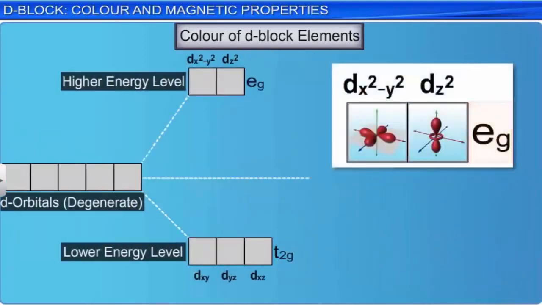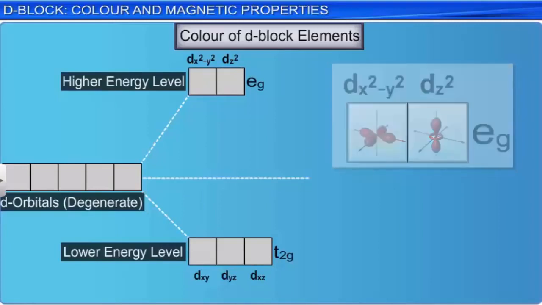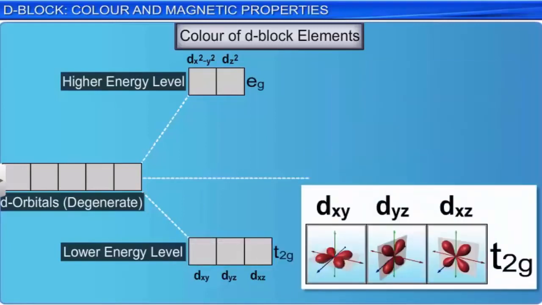One set, known as the Eg set, consists of two orbitals, dx²−y² and dz². The other set, known as T2g,